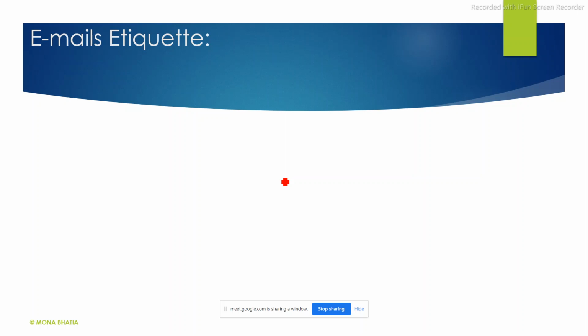Most of all the organizations actually use email as a tool for internal communication as well as external communication. Why? Because via email you can send circular, you can send notices, you can send orders, right? So you, as a media student, or not only as media student, even if you were not a media student, you should know, and you should have the habit, or you should cultivate that habit of responding to the email rather than WhatsApp chat. Get into that habit, because email is more formal, right?